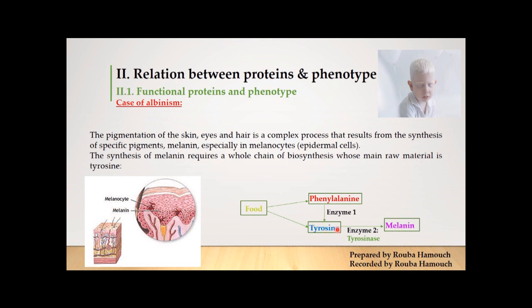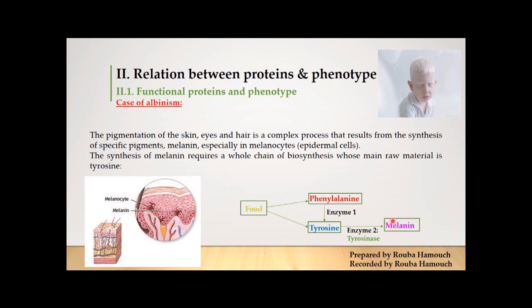tyrosine derives from the transformation of another amino acid called phenylalanine under the action of an enzyme called enzyme 1. Now, tyrosine, by the action of enzyme 2 called tyrosinase, will be transformed into melanin. So if you think this way, melanin,